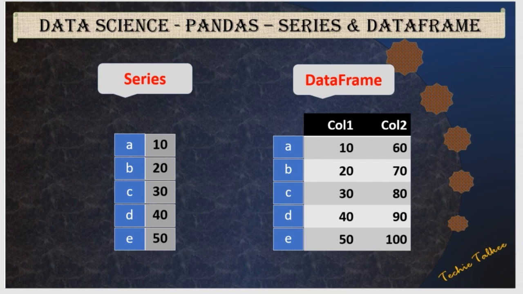type. The other one that we are going to look at is the data frame. It is typically a two-dimensional data structure. So we can view it as a table with rows and columns. The alignment of the label and its data is the one that helps us understand the mapping. So this data alignment is said to be intrinsic, meaning the link between the label and the data will not